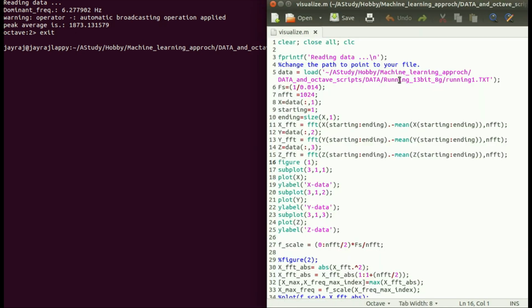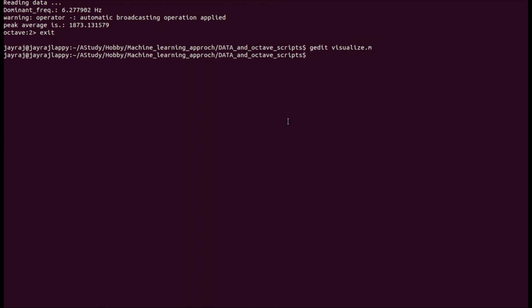So I will just open one walking file, and this is just the naming convention that I have followed, so you can follow whatever you like. And okay, so that's how it will read the walking file.